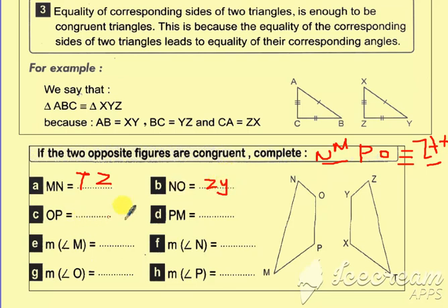Okay, OP equals YZ, YX, and PM equals what? XT, and as we said, the measure of angle